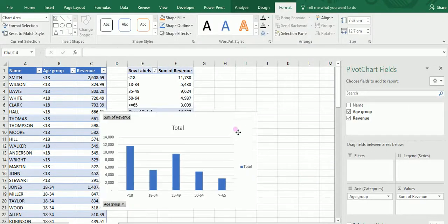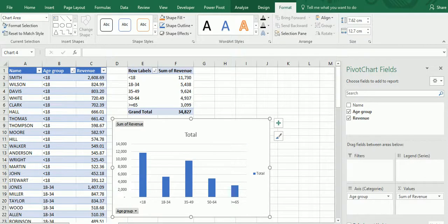Here we can just create a pivot chart that shows how the sales of that specific item go across the